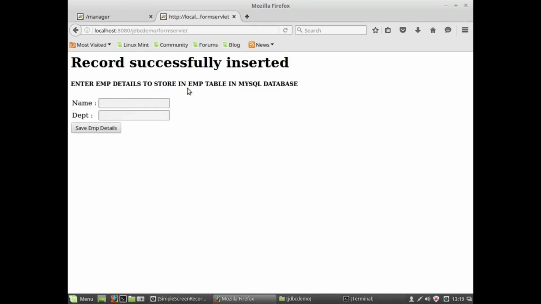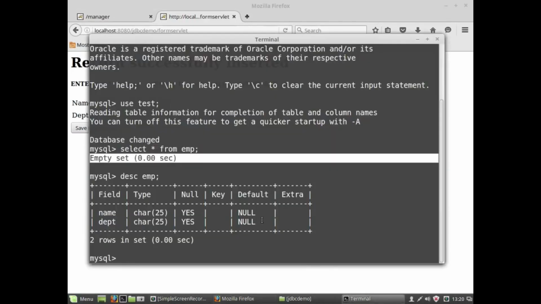Right, record successfully inserted, and using request dispatcher I got back my form.html without going back to that form.html. In this particular servlet only I will enter the values again. ABC is already inserted. Okay, I'll let it be other employee name CSC. Done. Some other name who belongs to EC. Okay, 3 employee names have been submitted to the database. One is ABC and Satish, who belongs to CSC, and Mahesh, who belongs to ECE.